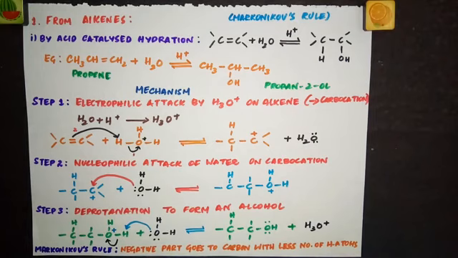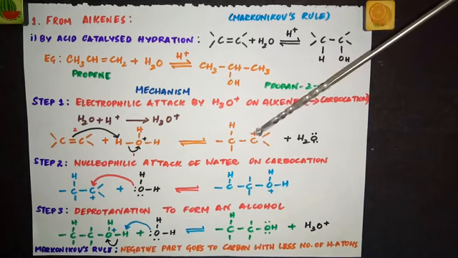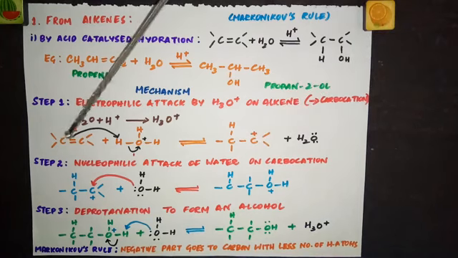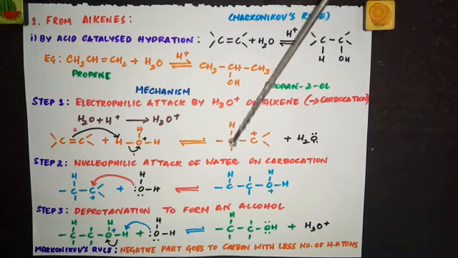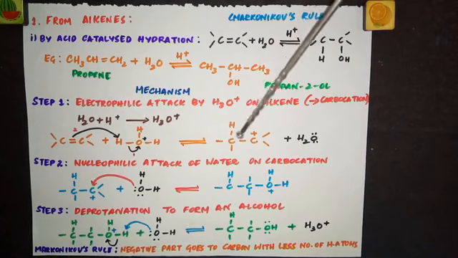So in the first step, what is formed from the alkene? A carbocation, which means the carbon with a positive charge. Why did this carbon gain a positive charge? Because one of these bonds is shared with hydrogen. So this carbon is forming a bond with hydrogen, and it is gaining a positive charge because it is deficient of electrons.